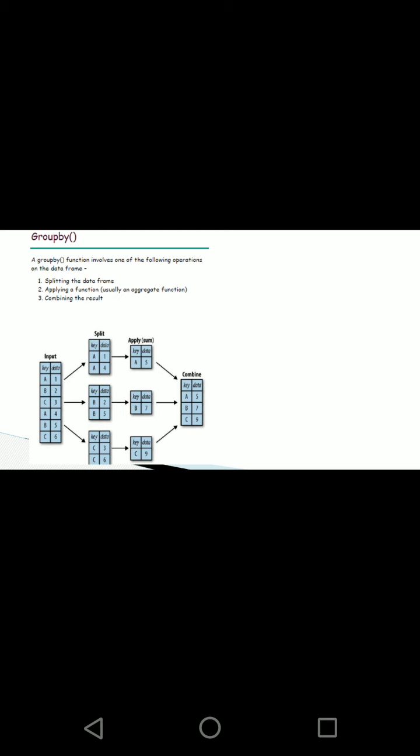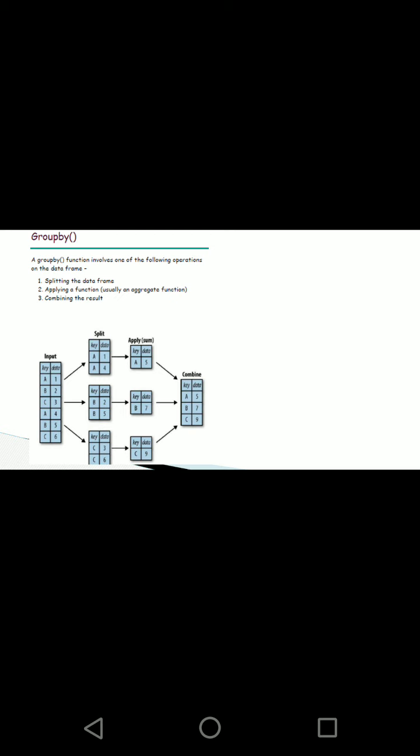So you can have actually three keys there, A, B and C, and the data is also different at different points of time. So if I want to group it key wise, what will be the answer? So A will be having two entries, that is A1 and A4, that is one set of value or one group. Another group will be B2 and B5, which is having again two rows, and C will be having 3 and 6. So these three are the groups actually formed, and I want to perform some action on that group value.